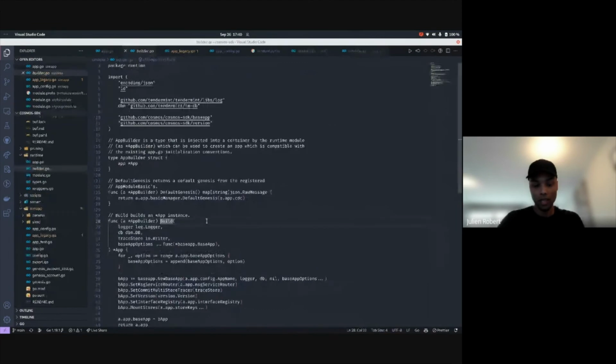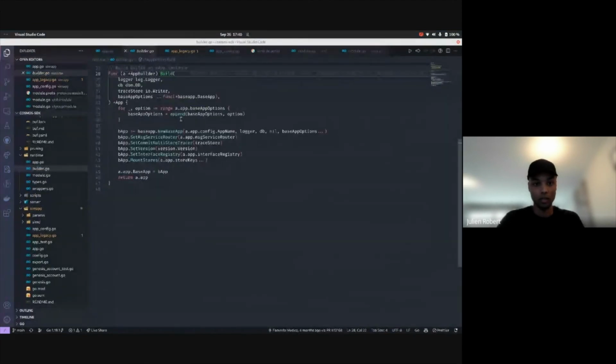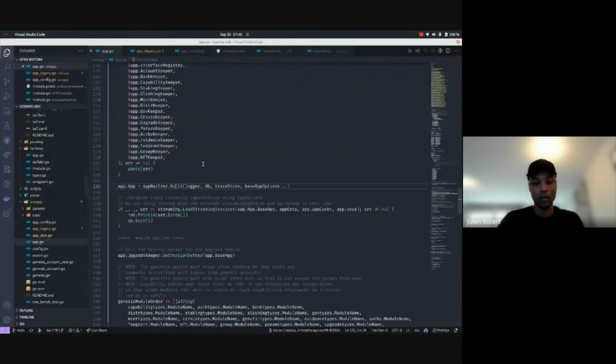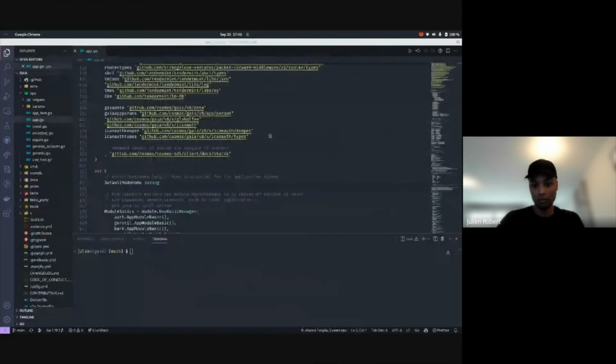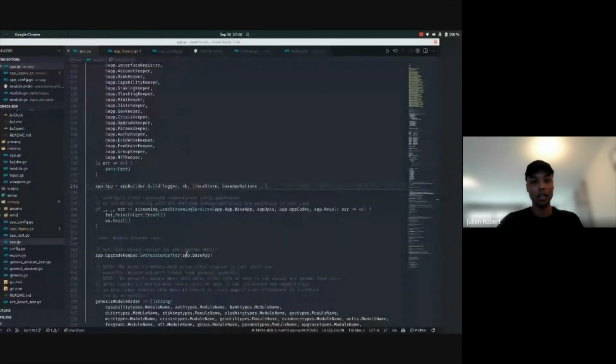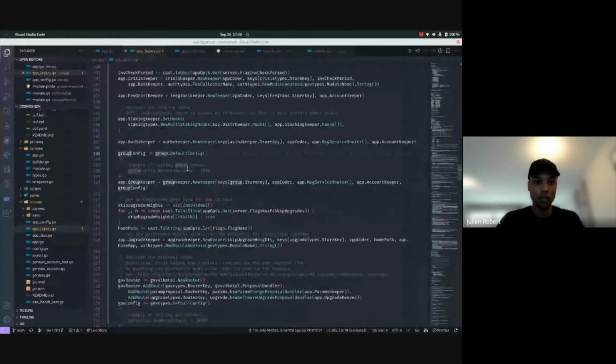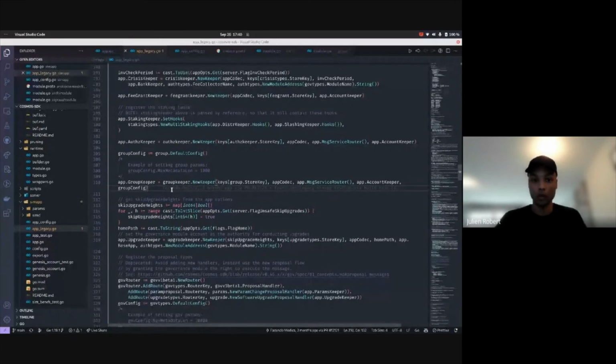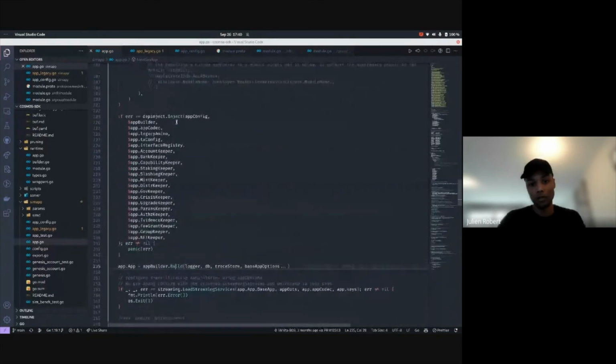And here, this is basically what we will do for building the application. So that was a bit of a sneak peek of what's going to happen. This is obviously still possible to do the old way. Some chains will want to keep doing the old way because it's more declarative. But if you're learning and you just don't want to have to care about all of this and remove this error-prone